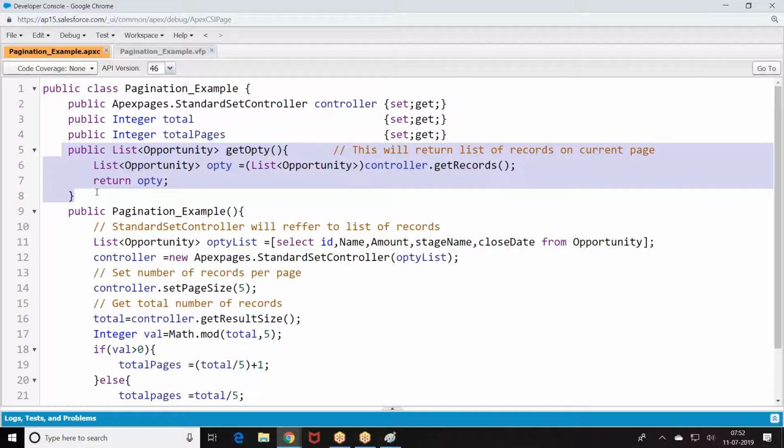Standard set controller will refer to a group of records. In the VF page, can we refer to standard controller and extension and use the same, instead of you writing the SOQL query in line number 11?